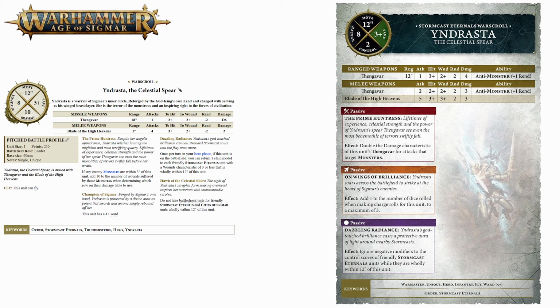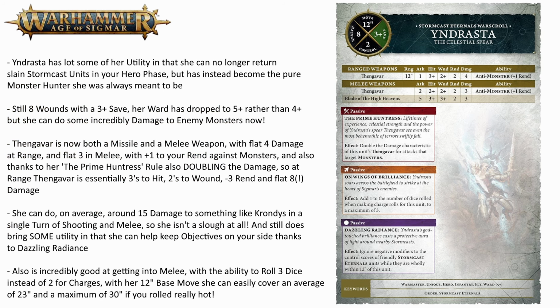In melee, not only can she hit 5 times with her Blade of the High Heavens instead of the 4 that she has currently, albeit only wounding on 3s now rather than 2s, but she also in melee gets 2 attacks from Thengvar as well, which hit and wound on 2s, they are 2 rend and a flat 3 damage. So they are pretty good, but again, against monsters she is just amazing because her Prime Huntress rule has changed to just flatly double the damage of Thengvar